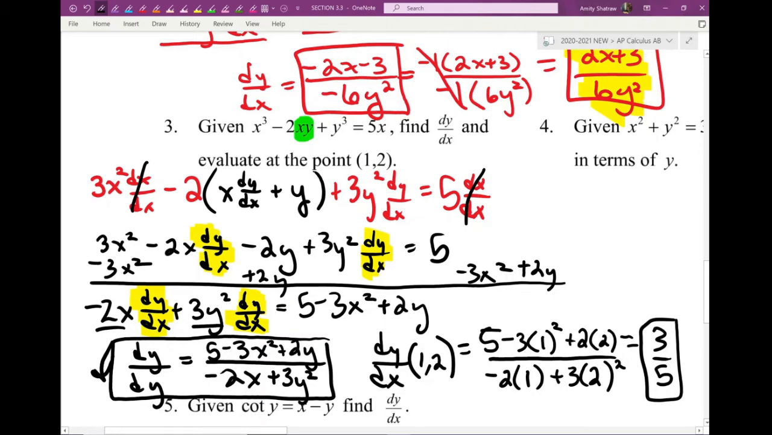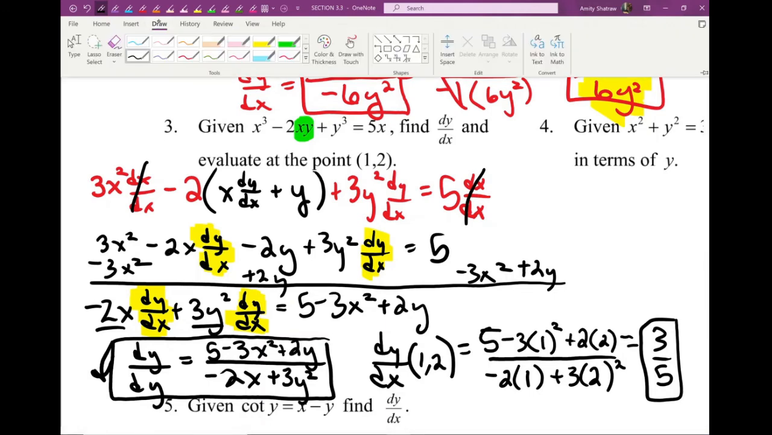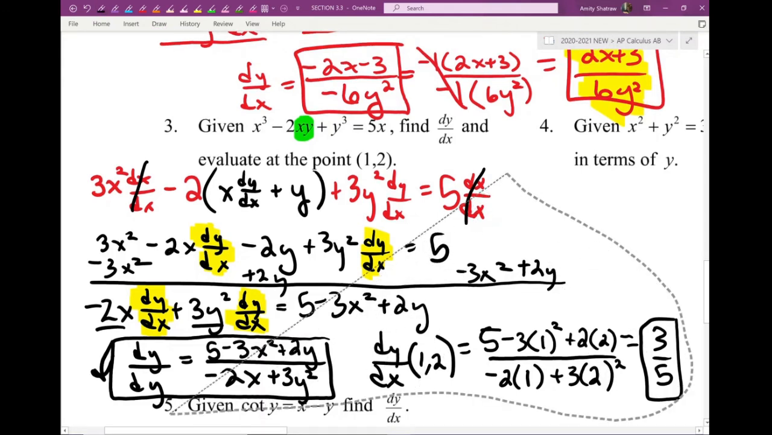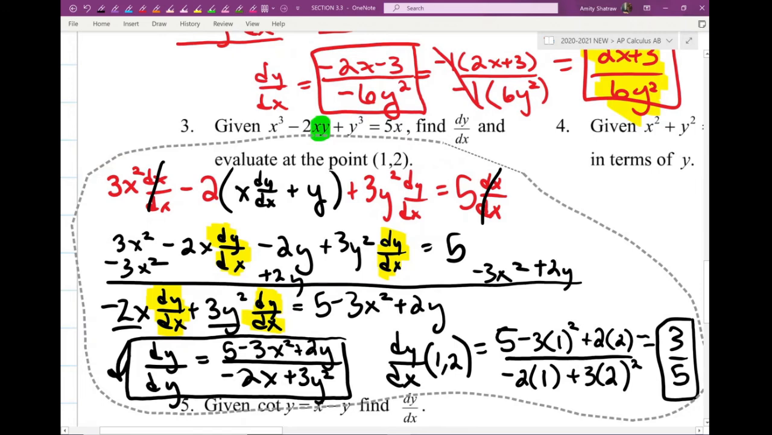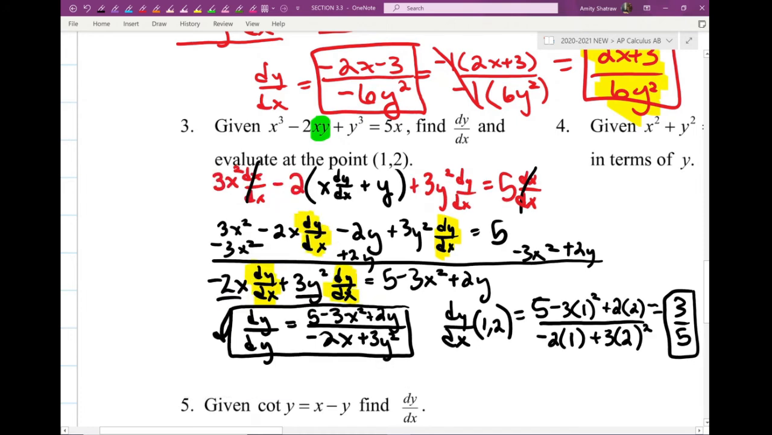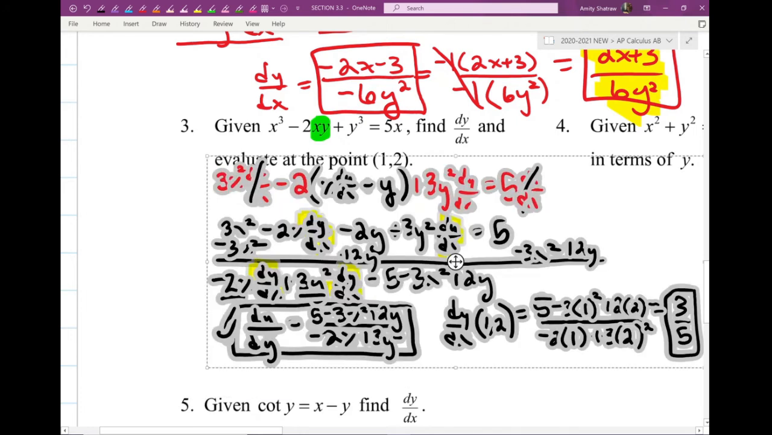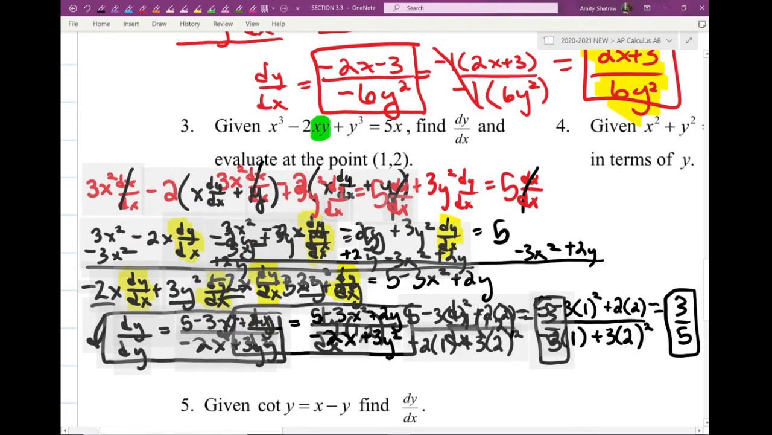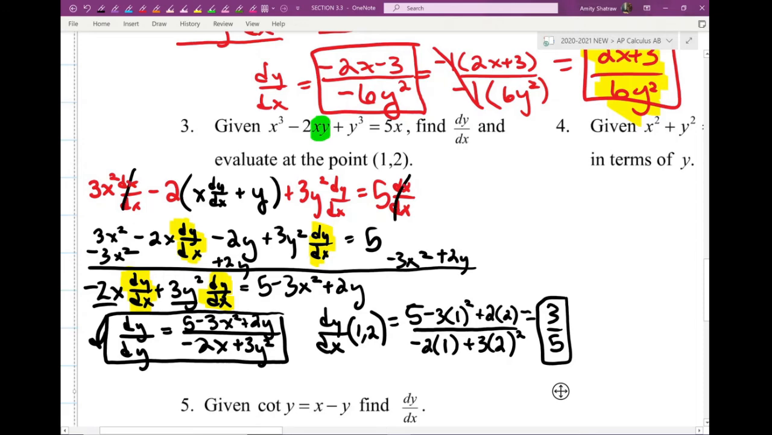So now that we've done number 3, we realize we might need extra paper. These implicit differentiation problems, we definitely might need some paper. It just turns out that they're very big. And so I will also say, ooh,